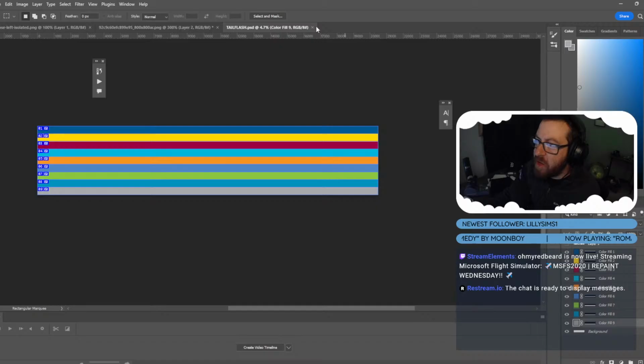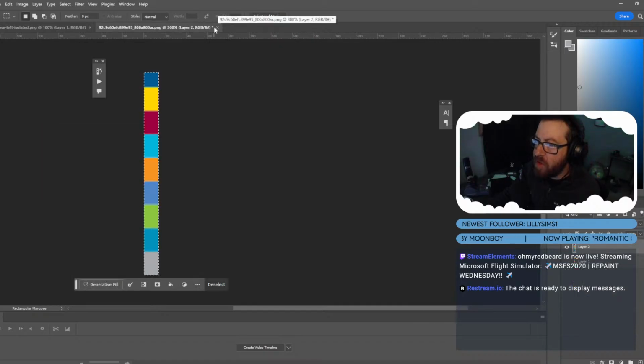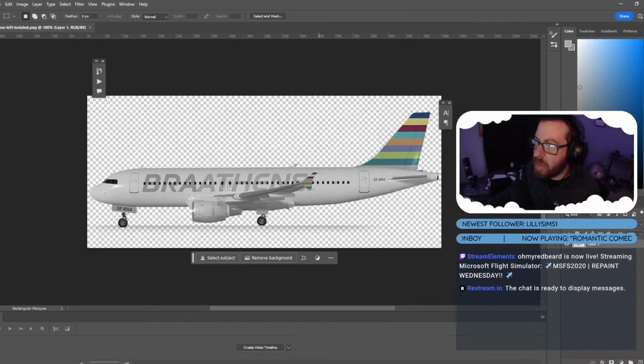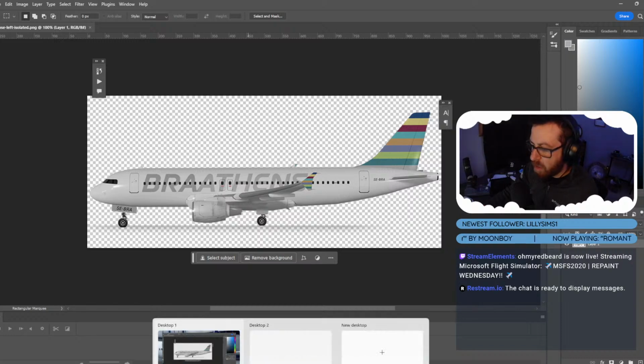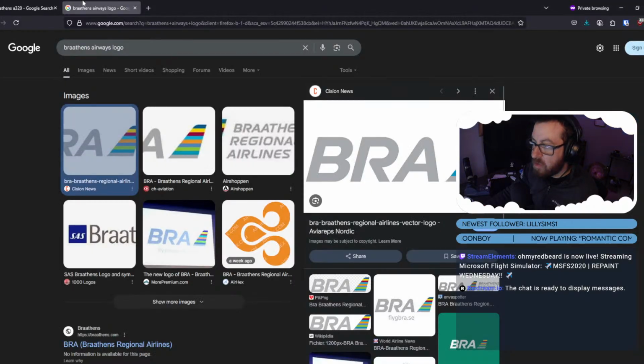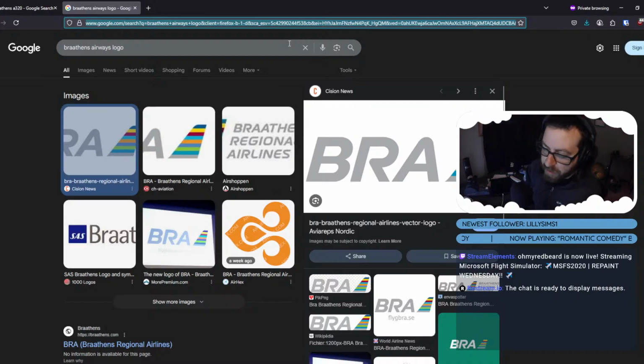We can close that for now. We'll close this for now because we don't need it anymore. And we're going to leave our reference image up though. That's going to be important for us to keep an eye on. So the next thing we need is this logo type right here. Now, this is where another program comes into play called Inkscape. And the reason is over here. So now if I go to